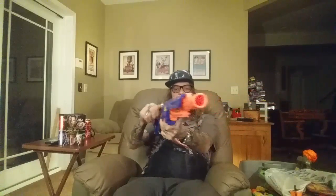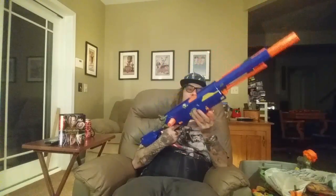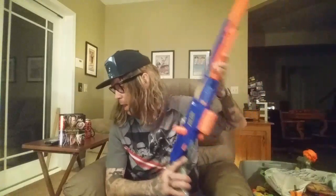Alright, here is a Long Strike with its barrel attachment. It's got a crappy worn out spring in it, but I guess these are getting harder to come by, although I would never know that because it seems like I've been finding one of these a week for the last month or two. As of the beginning of March, I don't think I had any, and now I have like 4 or 5 of these, in various states of completion. But yeah. Anyway,